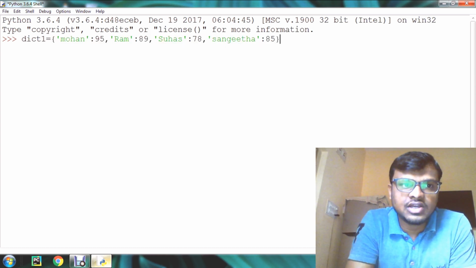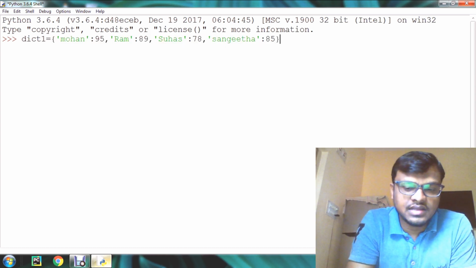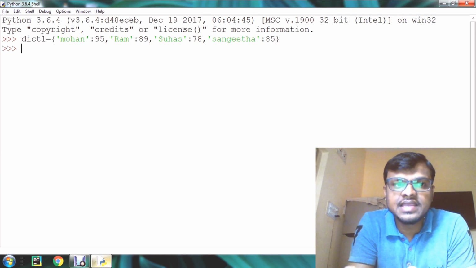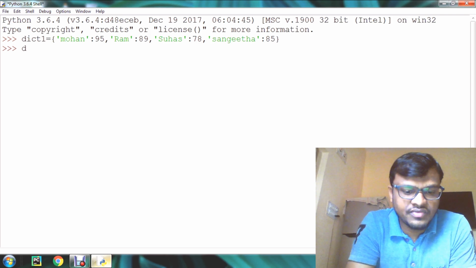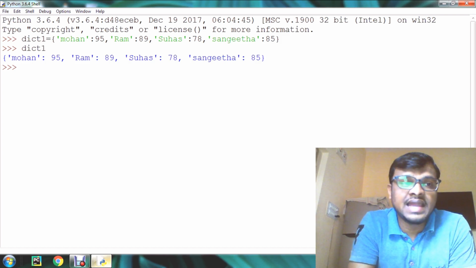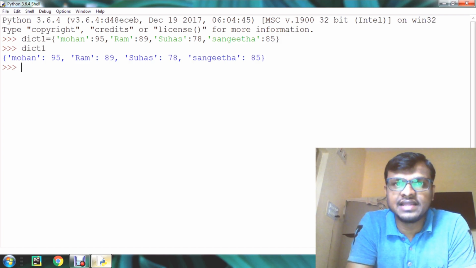After that, close the curly braces. Now dict1 is created with the key value pairs. If you display dict1, the key value pairs will be displayed like this.